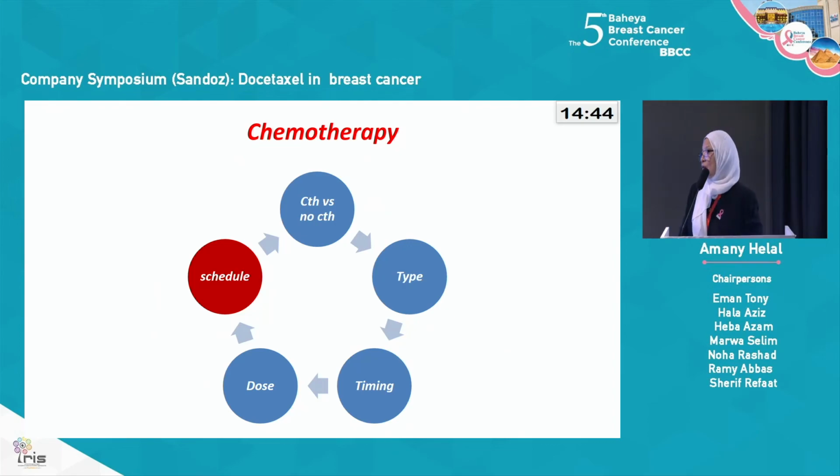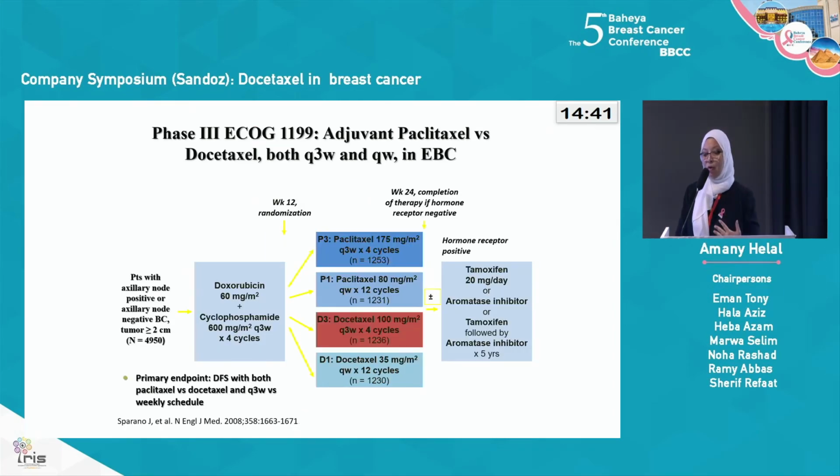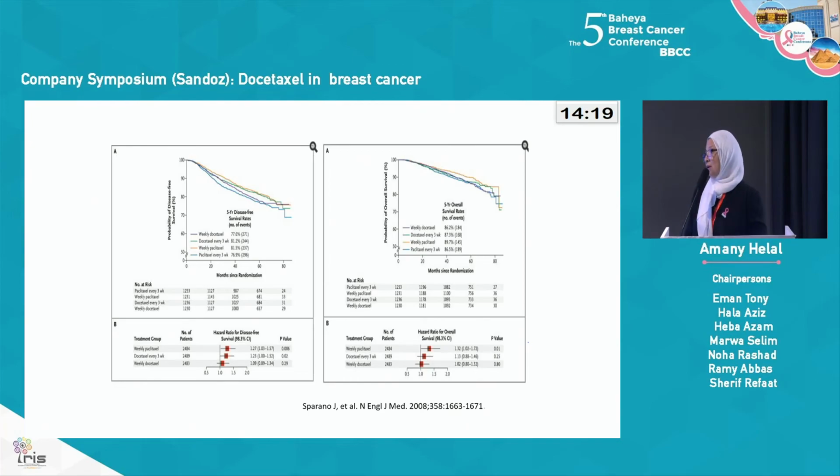Now about the schedule of the adjuvant chemotherapy, this is a very old trial. After 4 cycles of the anthracycline cyclophosphamide, the patients were randomized to paclitaxel every 3 weeks, which was the standard, to be compared with paclitaxel weekly, docetaxel every 3 weeks, and docetaxel weekly. The outcome is that giving paclitaxel weekly and docetaxel every 3 weeks is superior to the other regimens, and that's why the adopted regimens for the adjuvant treatment are whether to give paclitaxel weekly or docetaxel every